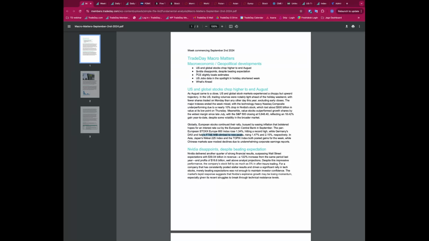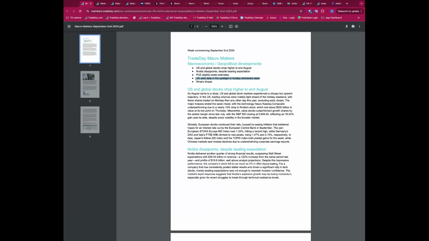So we saw that last week. Nvidia did disappoint last week, despite the numbers actually beating expectations. Nvidia ended up disappointing, but nevertheless is still managing to slightly start to rebound. The whole tech sector didn't necessarily suffer, although tech is certainly underperforming at the moment, and growth underperforming. The PCE data slightly beat estimates, so it was lower, cooler than expected on the year-on-year data on Friday. That's another positive, signaling that US inflation continues to slow.